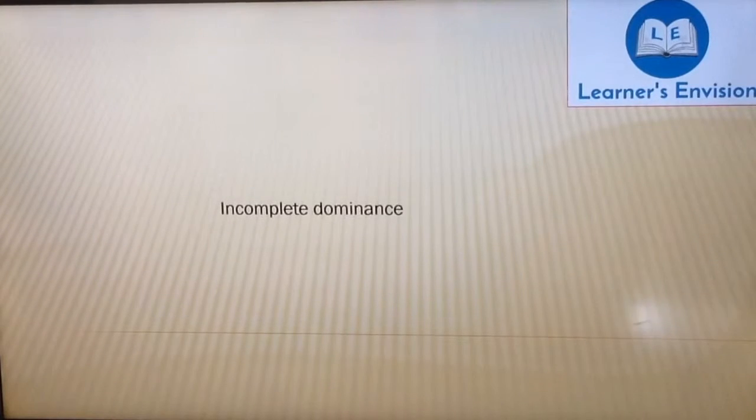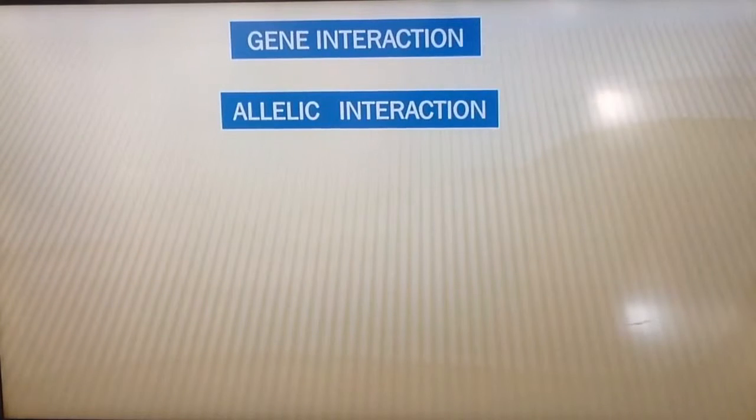Hi there. In this sector, let's study about incomplete dominance. According to Mendelism, a pair of genes at identical locus of homologous chromosomes are necessary for expression of a character. Here today we come to learn that gene interaction is of two types: allelic interactions as well as non-allelic interactions, of which allelic interaction